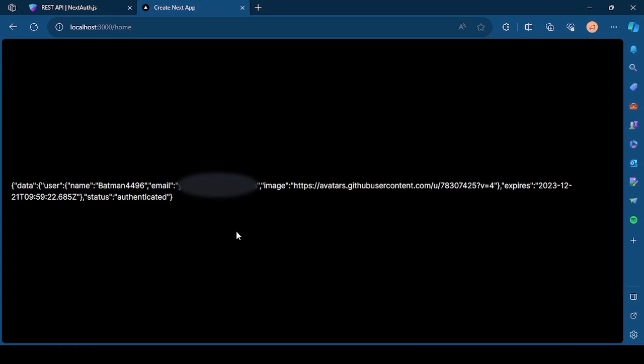In the next video, we're going to be setting up an adapter with MySQL, MongoDB. We're going to be checking out how we can set that. And yeah,